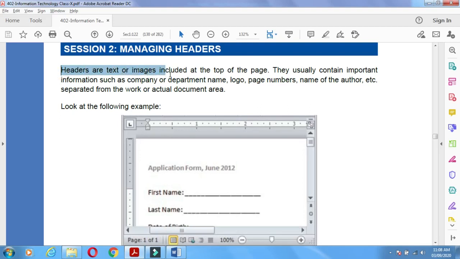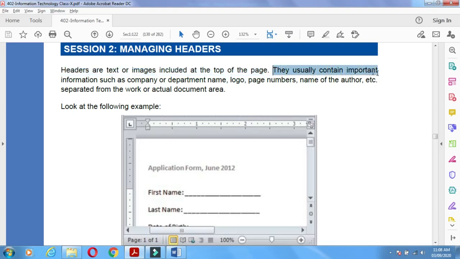Headers are text or images included at the top of the page. Why are they at the top? Because they are the head, means from that heading we can understand which kind of document this is. So header is for that purpose.